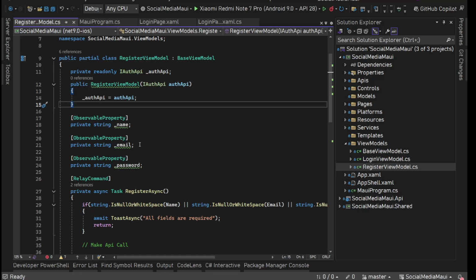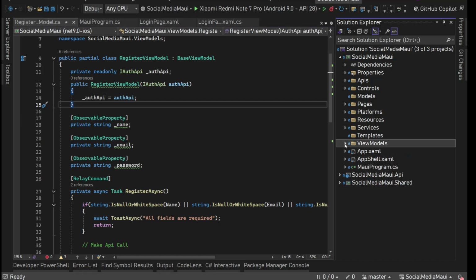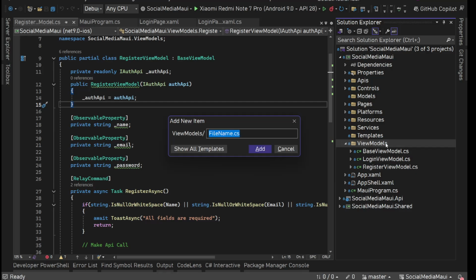All right. So now our register view model and login view model functionality is working. Now let's go inside. The first thing we'll do is work on the add post page so that we can create a new post, which we can then pull on our home page. In our view models, I'm going to create a new view model. Let's say SavePostViewModel,